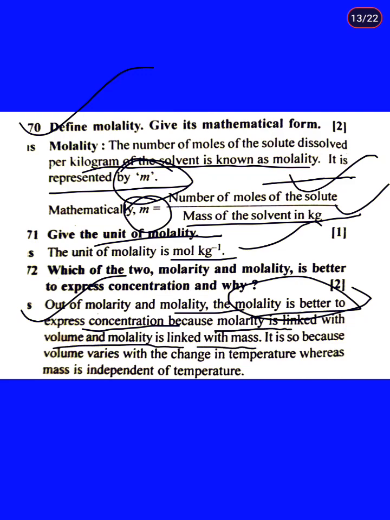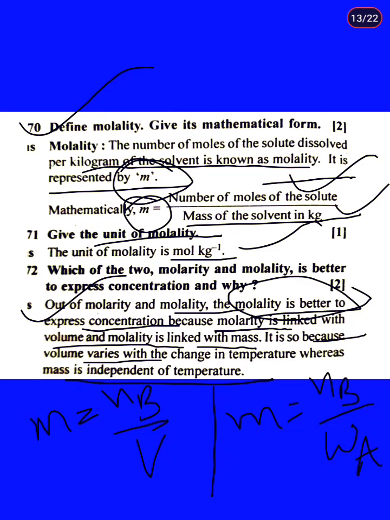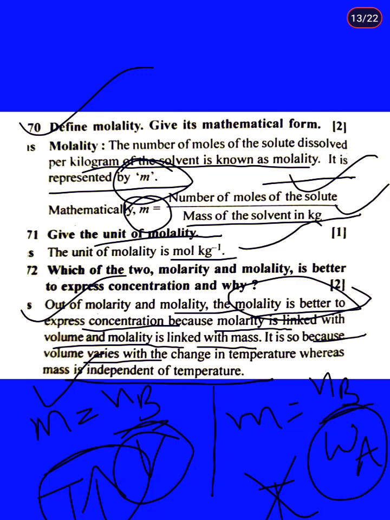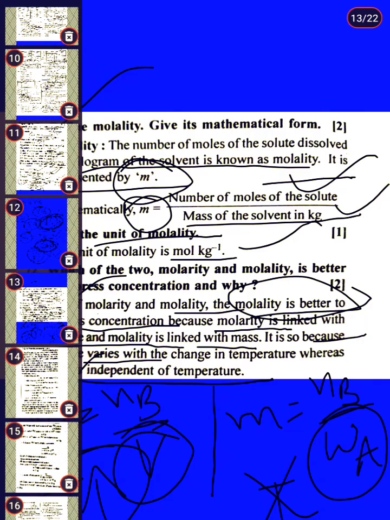It is so because the volume varies with change in temperature, whereas mass is independent of temperature. As already discussed, in molarity we talk about number of moles of solute divided by volume of solution, and in molality we talk about number of moles of solute divided by weight of solvent. The volume term depends upon temperature, so temperature varies and molarity can change, but molality is a temperature independent term because of the presence of weight of solvent. This is the easiest part. Next is the